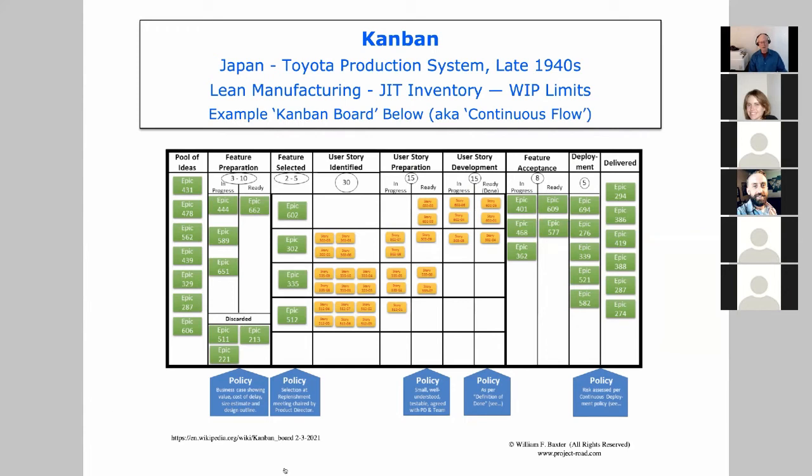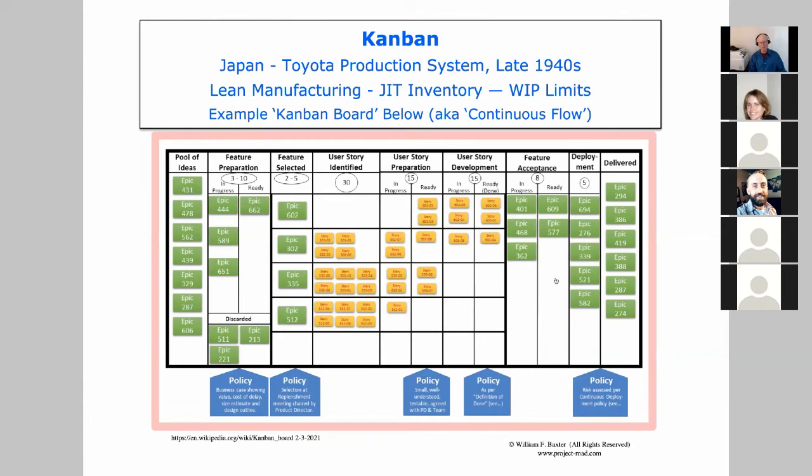And so the way the Kanban board works is it's creating a demand-pull kind of workflow, where we read this from left to right. On the right is final delivered work, and on the left is our input of new work. And in between, we have these columns, which are different stages of the work. In this particular example, for software development, we have a pool of ideas as input. Here, the ideas are being refined, and then some subset of those